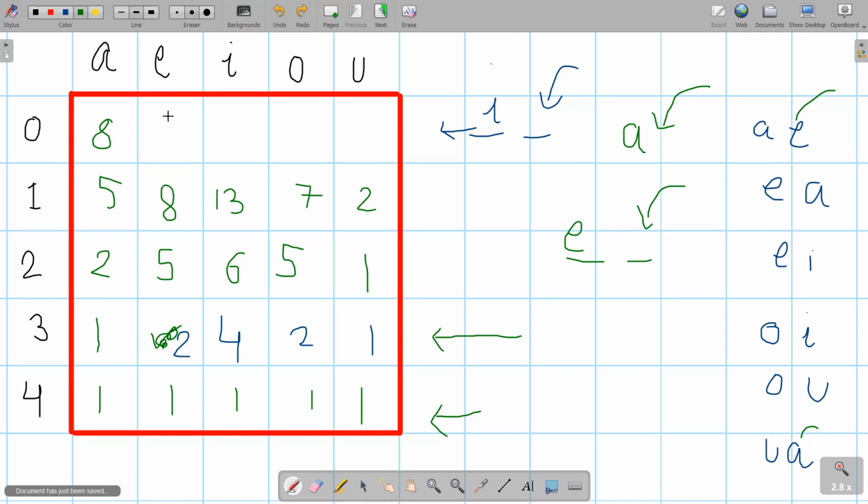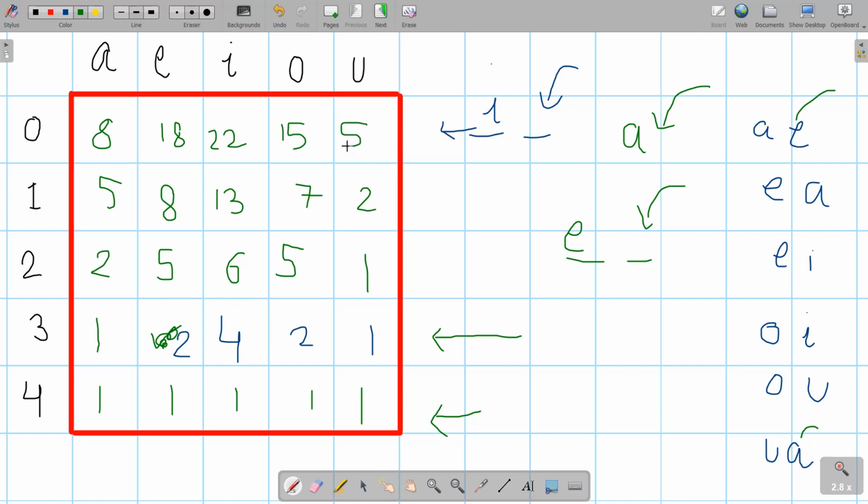And this one for 5 and 13, you can see 18. And for I, it should be like 5, 8, 13, not this 13, 5, 8, 7 and 2. You can see 8, 5, 13 and 7 is 20 and 22. And for O it is coming about 15, and for U it should be coming about A, that is 5.